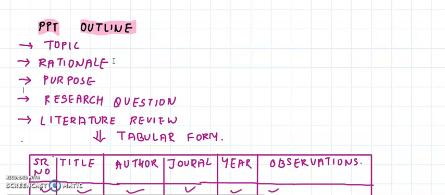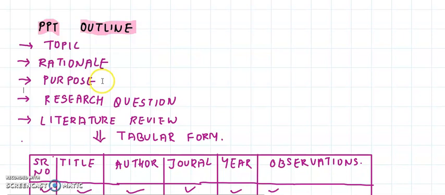The next thing that you're supposed to do, on the next slide, is write down the purpose of the research. So purpose is basically a technical statement which will define the goal of the research. This will basically fill the gap in the literature. Say in the research papers there is some gap, right? And you want to fill that gap. So your purpose of the study is to do this XYZ thing, right? So that is your purpose of the research.